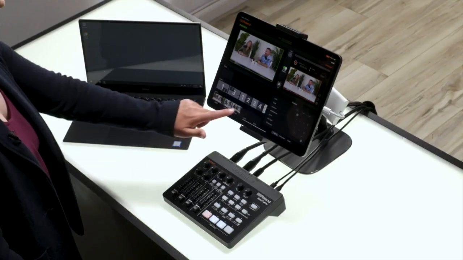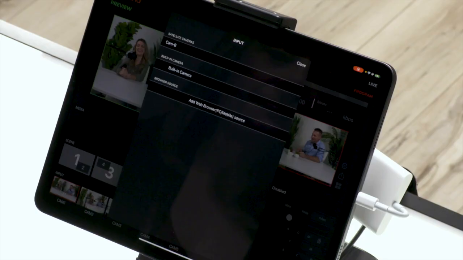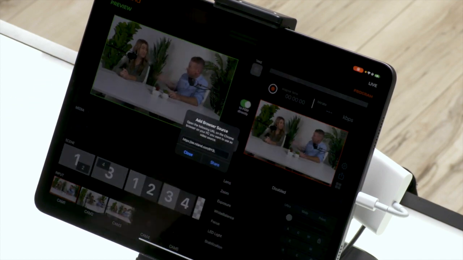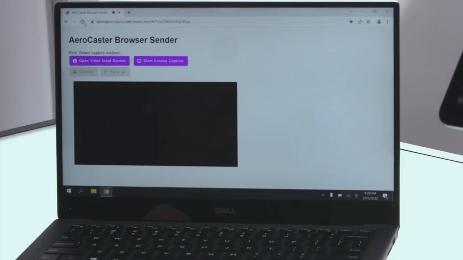The second way to add sources is with any computer running Google Chrome. Tap the plus button to add a camera. An option will appear below the camera list to Add Web Browser Source. Tap that button and a short web URL will pop up on screen. Open Google Chrome on your computer and enter the URL. If you choose Open Video